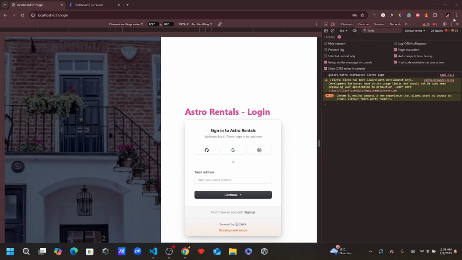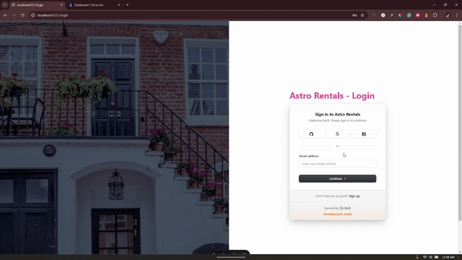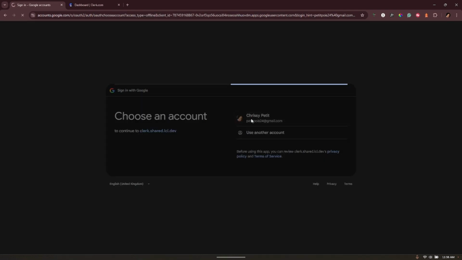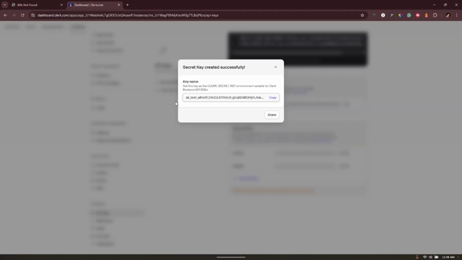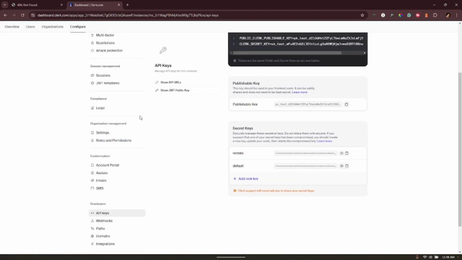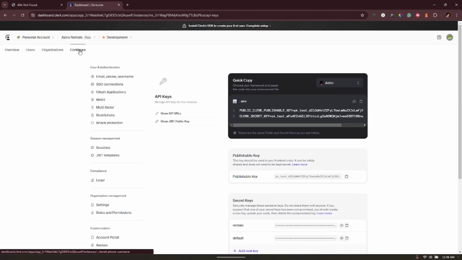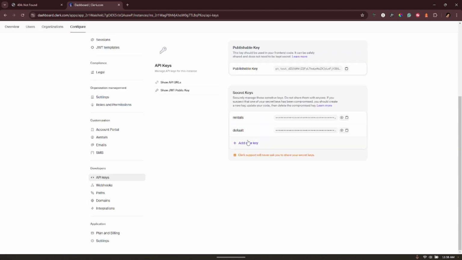Okay, so if all goes well, you should have a sign-in page from Clerk. And if I sign in, I'm going to use my Google, and I'm going to say yes. I didn't give it a callback, so we have to make sure that when you create the key,